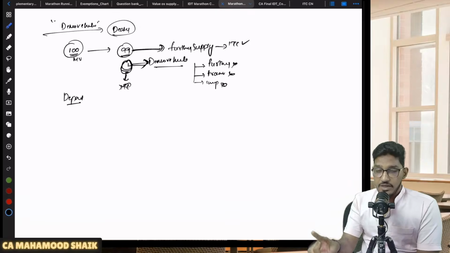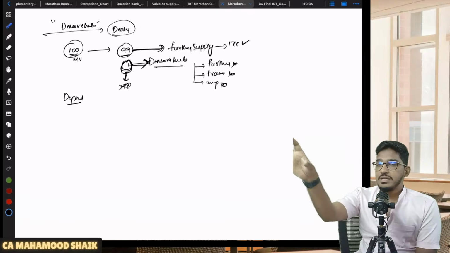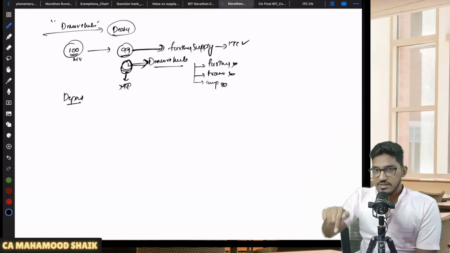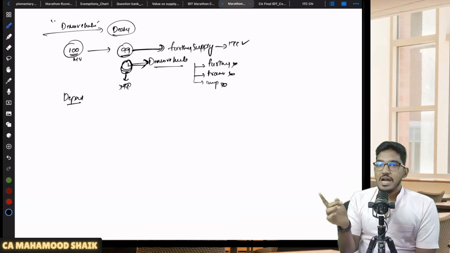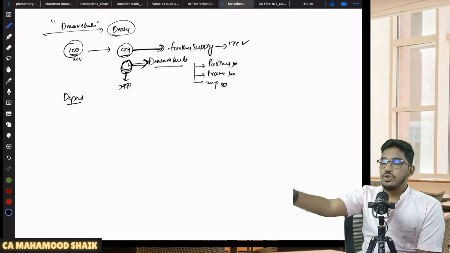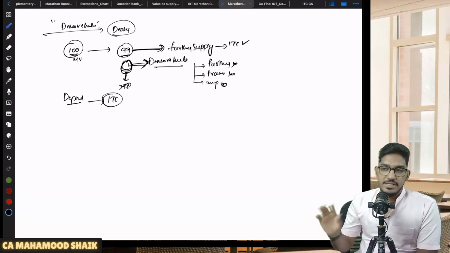Even this one demo vehicle is also getting used in the course or furtherance of business only, because if a customer has to come and purchase a vehicle, he will not purchase it unless and until he has a test drive. Yes or no? So that's why this demo vehicle is also getting used in the course of making that further supply only. So even on that demo vehicle you can claim the ITC. That's what the circular has been given by CBIC.